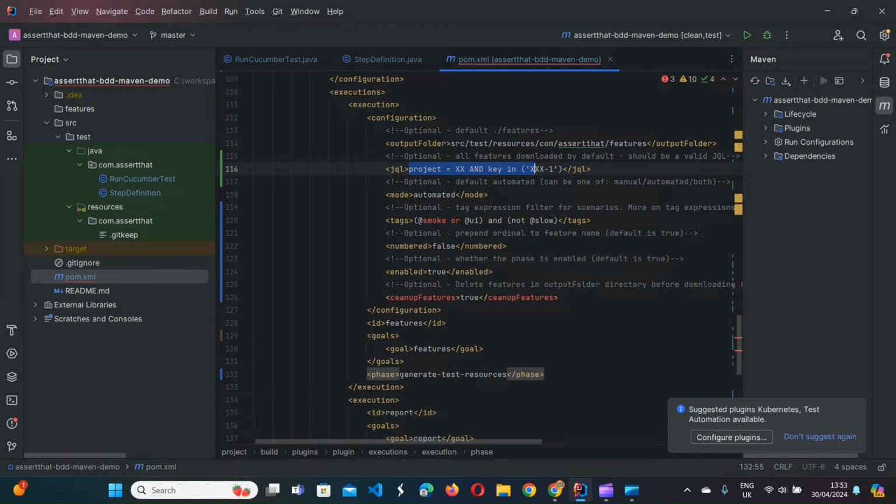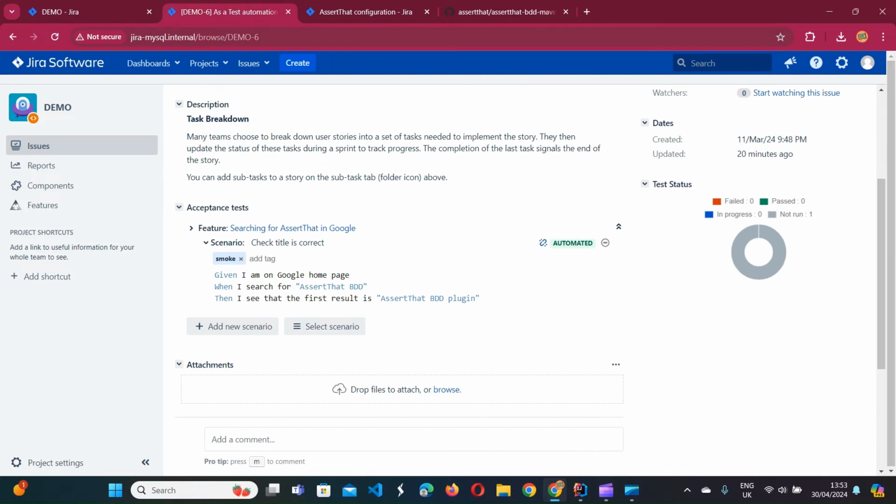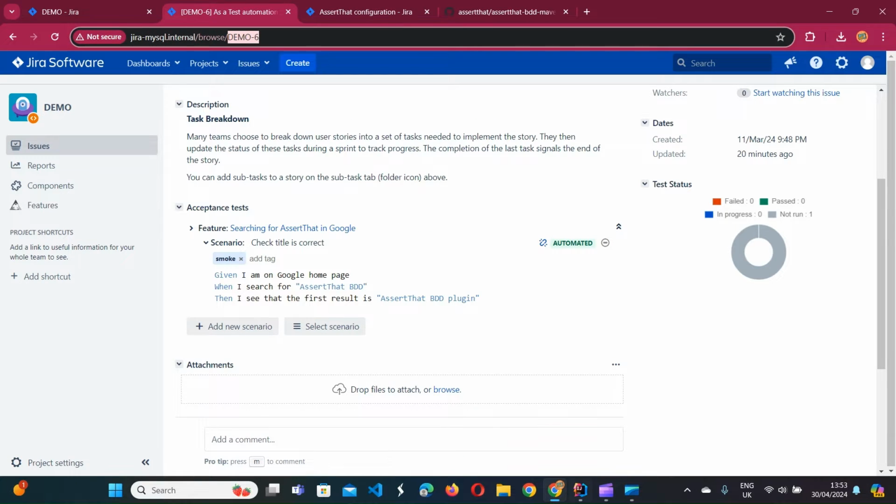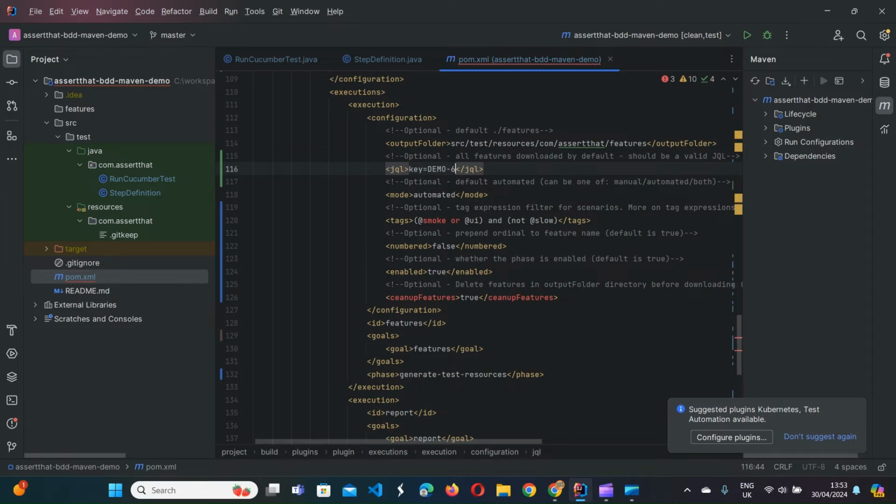Then we have the JQL, so this is the Jira JQL, which we can additionally specify to filter only scenarios which are linked to a particular user story. In our case, let's see what the user story key is. So it's demo6. So we'll use that. Then mode: automated, manual, or both.